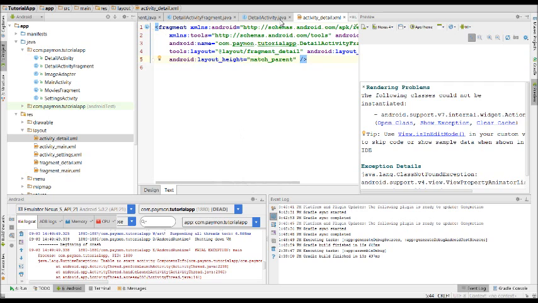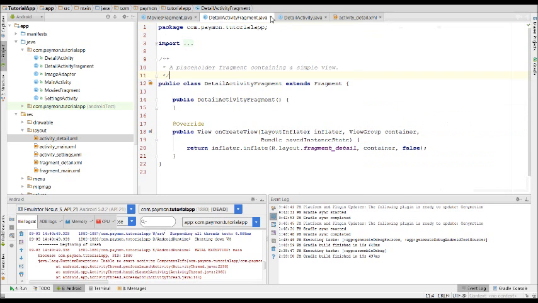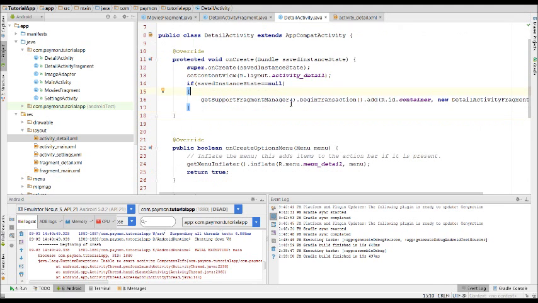Looks like the fragment's already automatically put into the XML, which means we don't need to put this code here. But if we want to do it the old-fashioned way, like we did for the main activity,